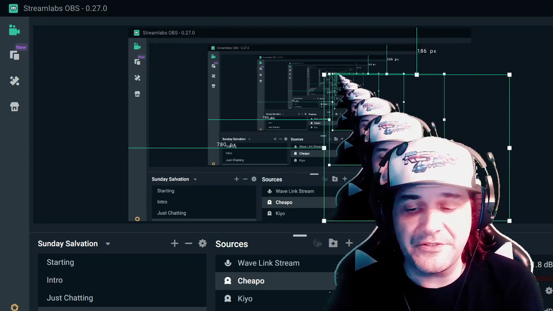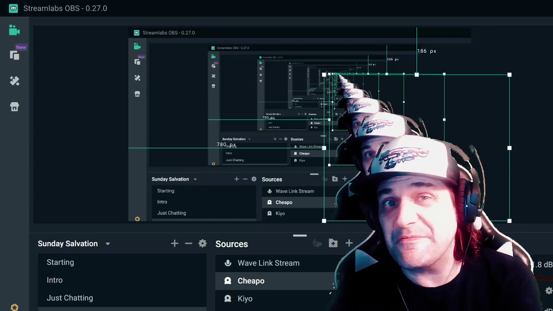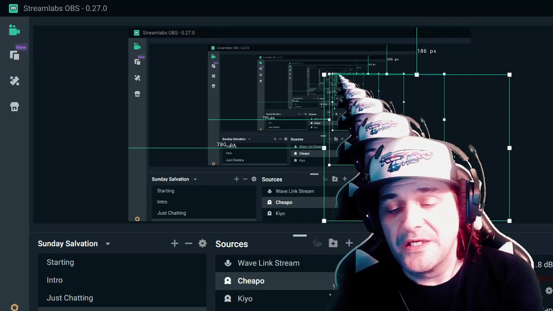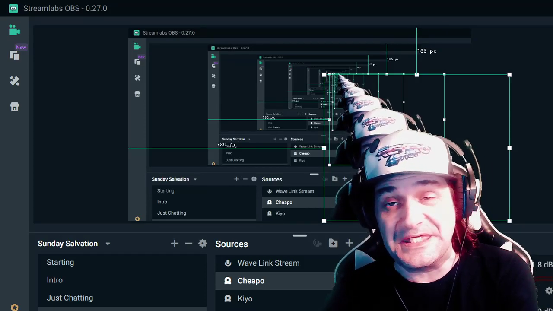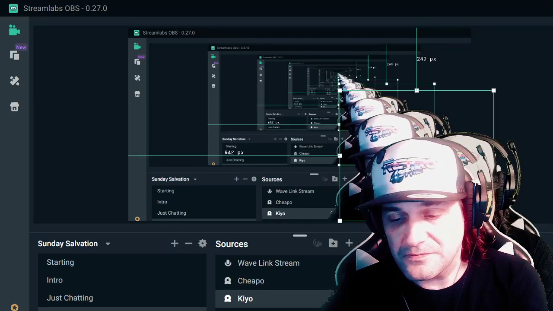So now I've got it to look somewhat good. You've got to remember, this is a cheap $5 camera, ladies and gentlemen. So you're not going to make it look identical to the Kiyo. But